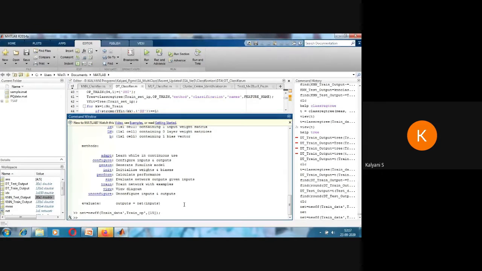Now I have built my network. Now I have to train my network. For training the network, the syntax is train. Train is the function. Train the network with training data and train output, and store it in the net itself. Why am I storing in the net? Initially the net was a skeleton network with the weights all zero. Now if I use the train function, it will run the iterations, update the weights and modify the network structure.